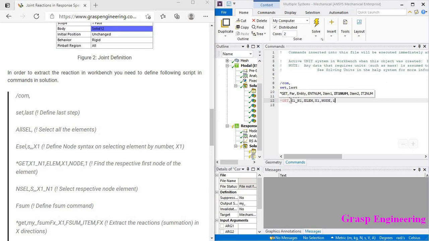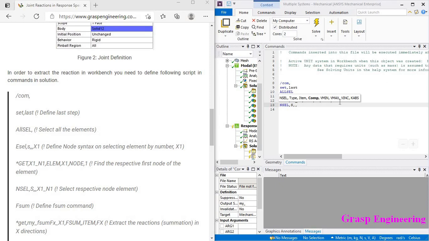Like you need to define the get, then you can define the node syntax, or you can say the node which you are going to use on that element. Then select your element and element name, then you can select the node and the first one. Okay, now once it is done, then next step is we need to select that node, select comma s comma.